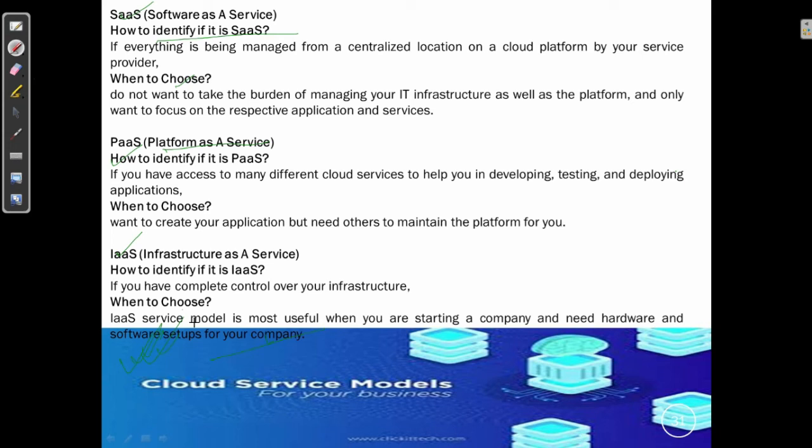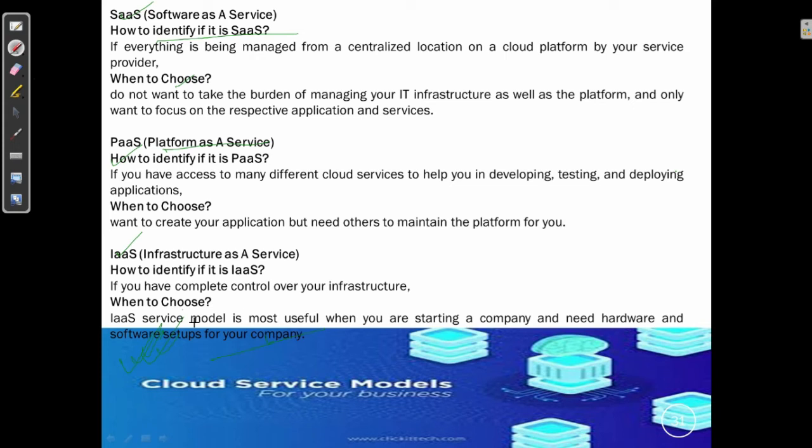Irrespective of the model the company chooses, they get a cost advantage, they get flexibility, and they get a kind of expert feedback from the cloud, because the cloud has different tools that can guide you to make maximum utilization of the resources available on the cloud.